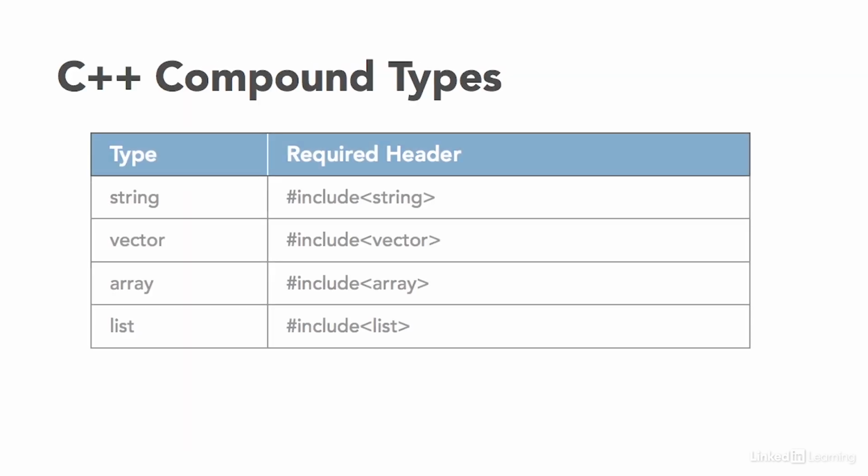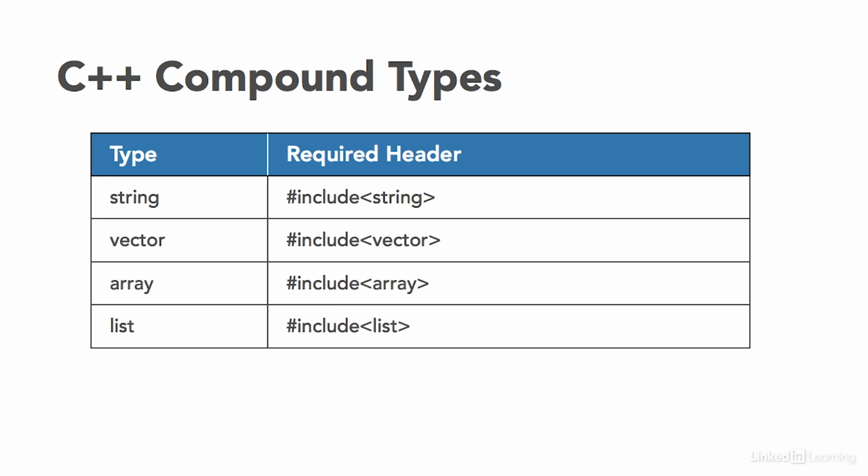C++ also has compound types. We mentioned string, and we said string is actually a sequence of characters. So it's made up of the character data type, and in order to use string, we have to have the #include string header at the top of our program. Vector and array both allow us to store multiple values within one variable name. And these data types must all have the same type. So they must either all be integers, all doubles, all characters, all strings, etc. And list is another compound data type. There are more that are not listed here, but these are the ones that we're going to use in this